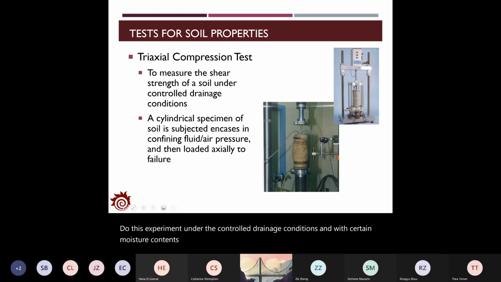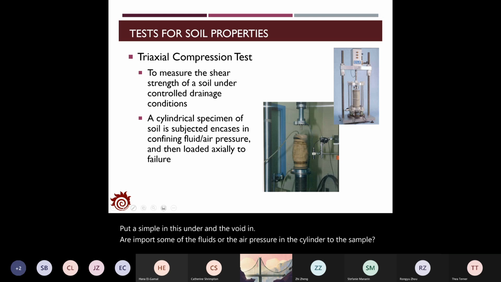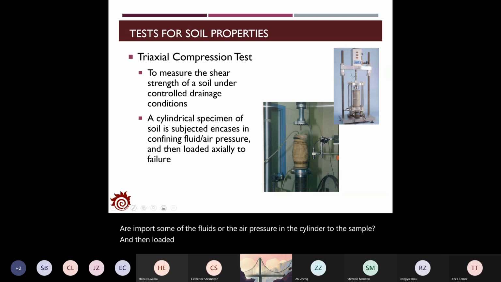The setting of the triaxial compression test is very similar to the resilient modulus test. They actually use the same machine to do the experiment. Basically, we will prepare the sample and then put the sample in the cylinder, and we will then import some fluid or air pressure in the cylinder to the sample, and then apply some axial load to the sample. But different from the